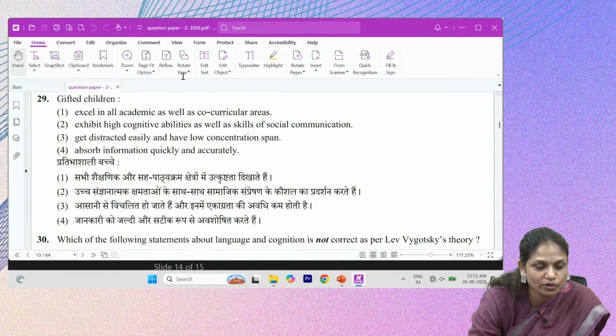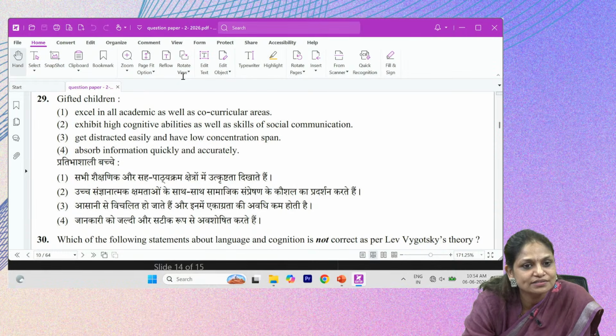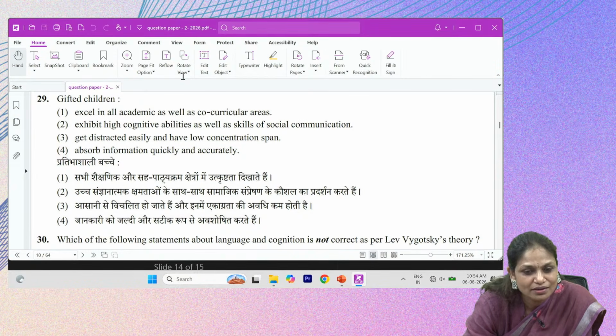Now let's look upon this. Gifted children excel in all academics as well as co-curricular area. ये ऑप्शन है, ये हो सकता है, चलो ठीक है, मे बी राइट, हम इसको करते हैं कि रख लेते हैं।